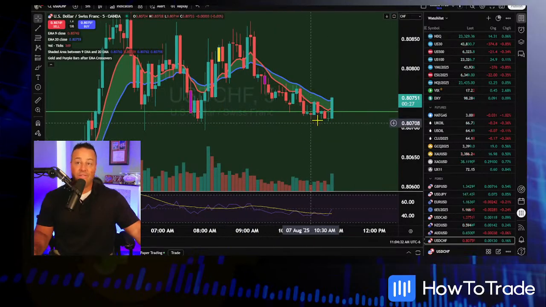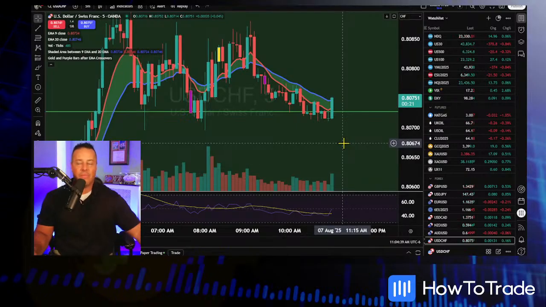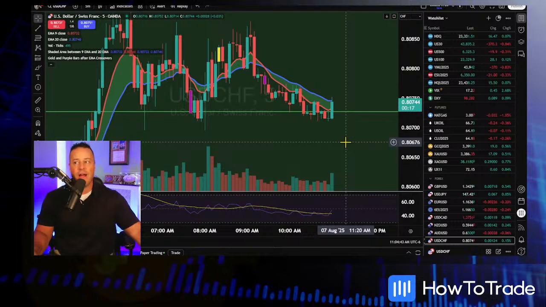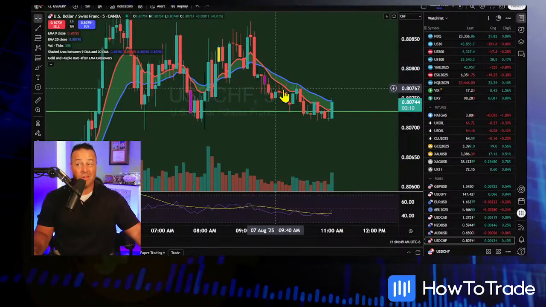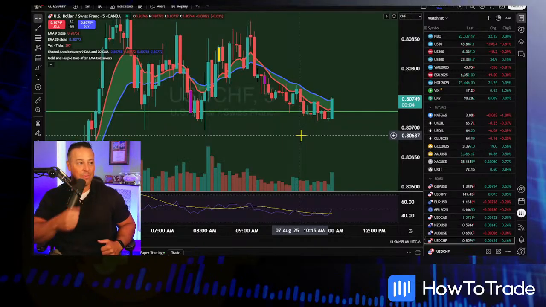So I believe on a 5-minute chart right here, you're going to have potentially a crossover. You're sort of in the dead center of your RSI, so not really an opportunity to buy, I wouldn't say. But do you think that this is going to move higher towards the end of the day? I genuinely don't know, but we do have the support zone on our side. We do have that daily crossover signal on our side. So if I had to pick a direction, Shane, which way are you going to go, up or down? I would say up. I think that's the ticket for us here in the dollar Swissy. So I hope that helps with that.